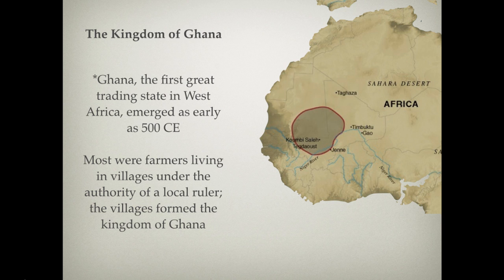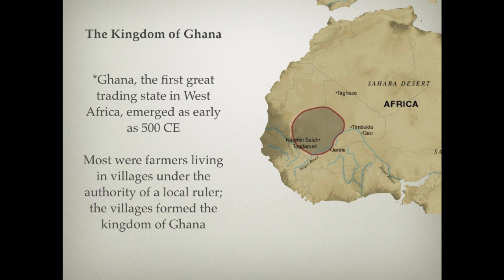Now, Ghana is one of the major kingdoms that emerges on the western coast of Africa. On the eastern coast, we saw the rise of places like Egypt, Kush, and Aksum. But on the west coast, we see the rise of a few other civilizations, but later than the others. Now, Ghana is the first of these, the first great real trading state in Western Africa that really emerges around